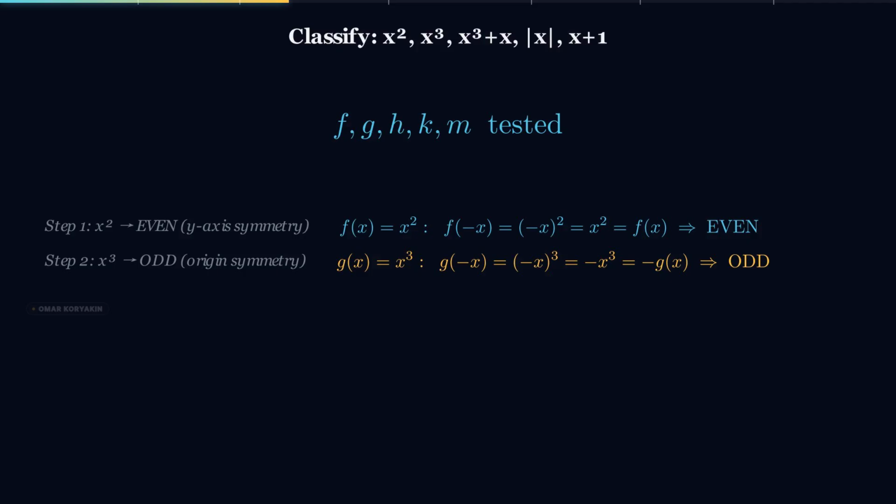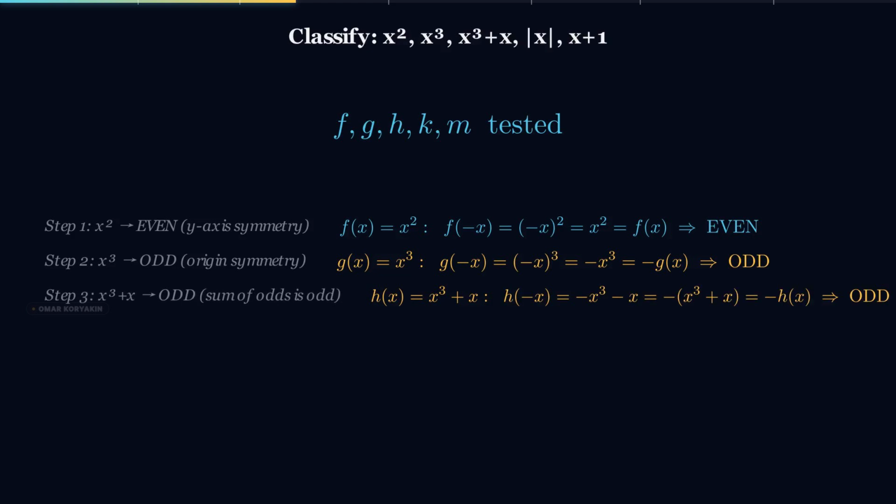The function is ODD. Graphically, the cubic y equals x cubed has the S shape with rotational symmetry around the origin. Test h of x equals x cubed plus x. Compute h of negative x: the quantity negative x cubed plus negative x equals negative x cubed minus x equals negative the quantity x cubed plus x equals negative h of x. So h of negative x equals negative h of x. The function is ODD. Both terms x cubed and x are odd power terms, and the sum of two odd